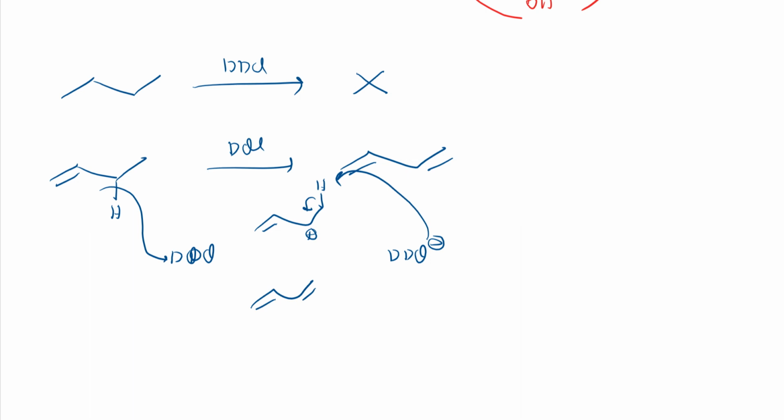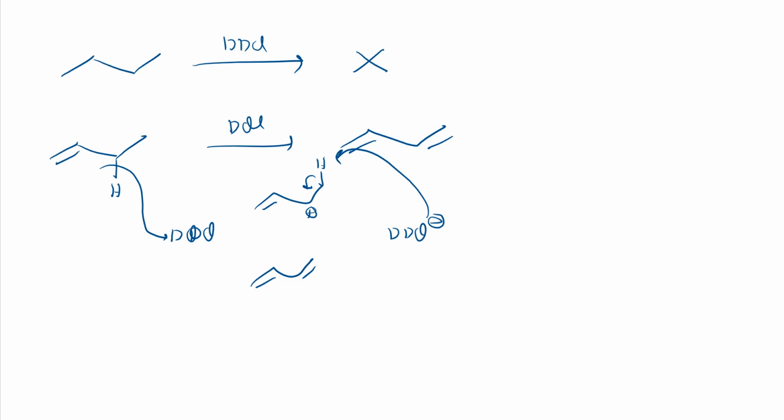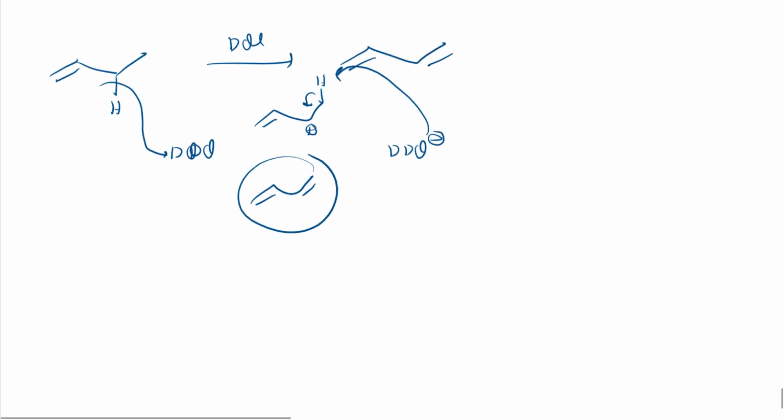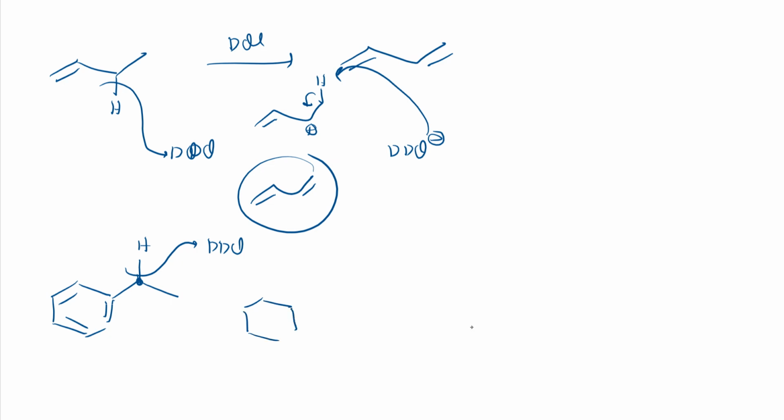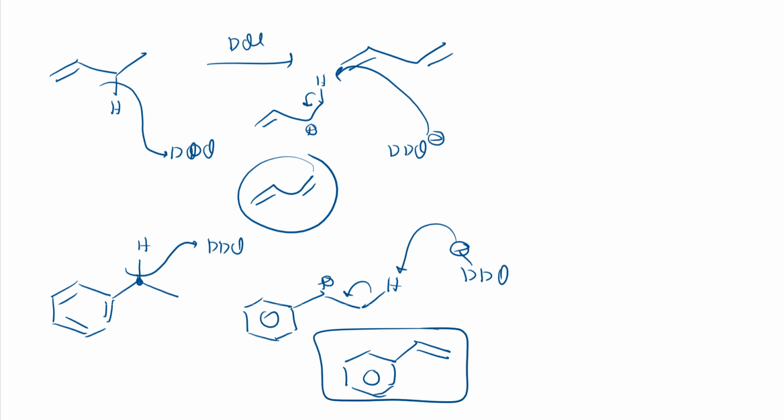Once you have understood the mechanism, now let us see the different reactions. That is nothing but the application of DDQ. In this way I will do the reaction. If I want to show the reaction of a benzylic position, for example, you can take this one. So this is the benzylic hydrogen. Again from DDQ it will take this hydride first, so I will get this carbocation. Here a proton will be there, and the DDQ oxygen has a negative charge. That negative charge takes this proton and again it will shift, and here there was a benzene ring, here it is also, and I'll get this product. So this is how I'll get it.